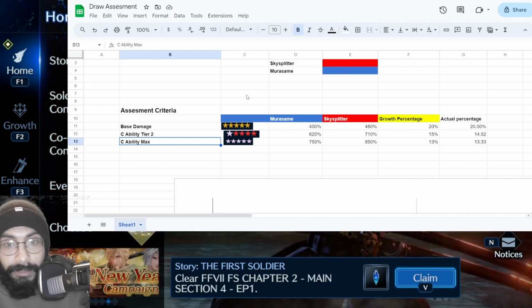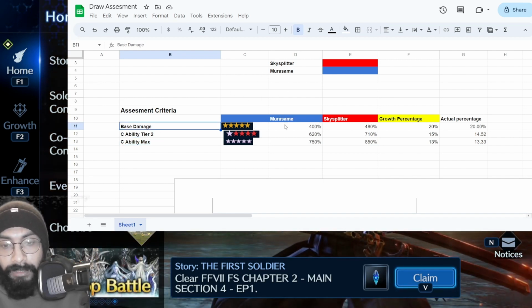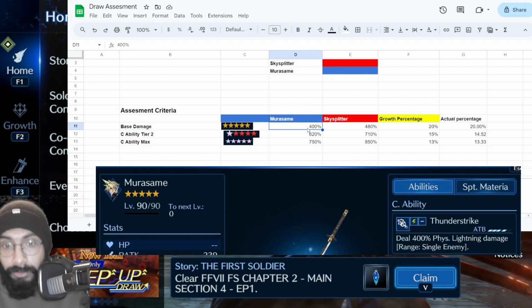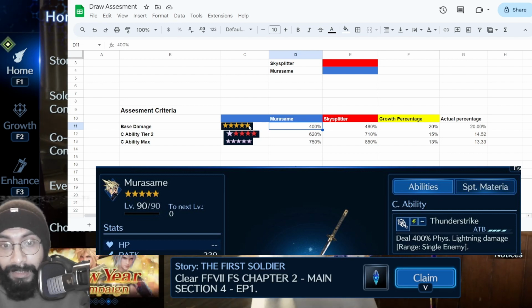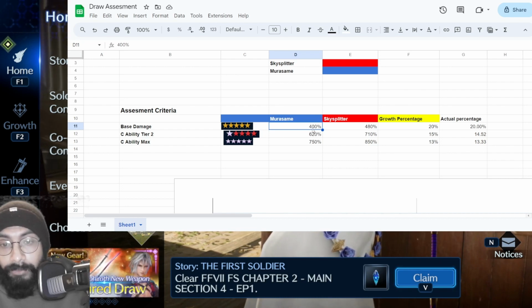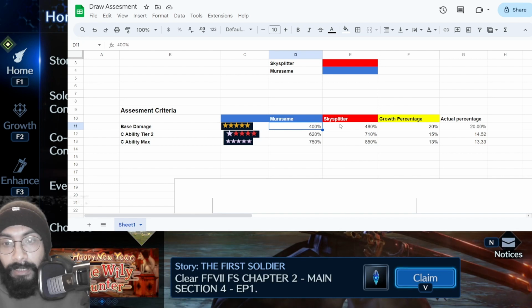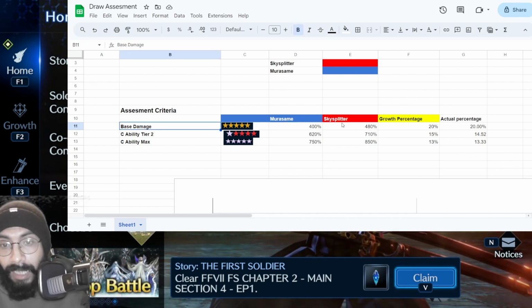Now let's talk about this part first. Base damage for Murasame will get 400%. That means if you use Murasame at base damage, that is level 90, without any overboosting, then you will get 400% physical lightning damage. On the other hand, with the same base damage, Skysplitter will give